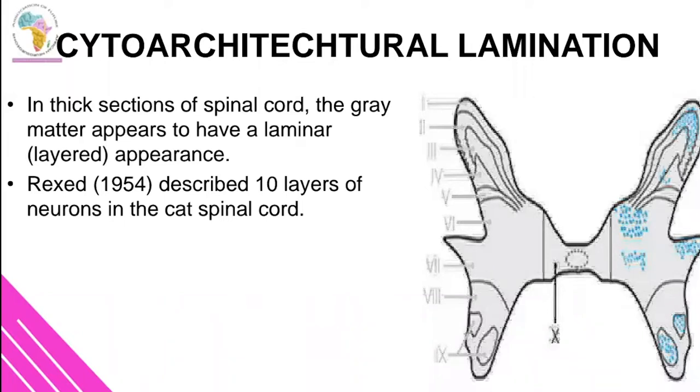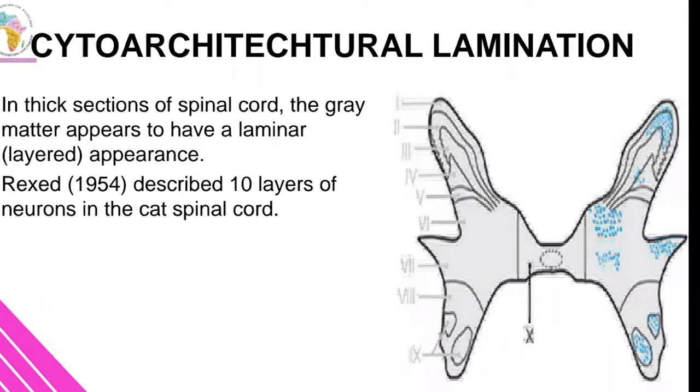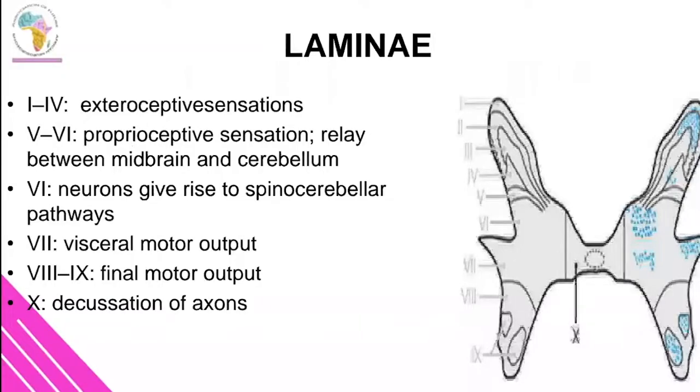Yes, slices of the spinal cord are actually taken down and used to locate where the degenerations are coming from and why a patient is presenting in a certain way. That's one thing you have to remember about this. So you find that, like I said, they're actually divided into 10, of which laminae 1 to 4 are involved in